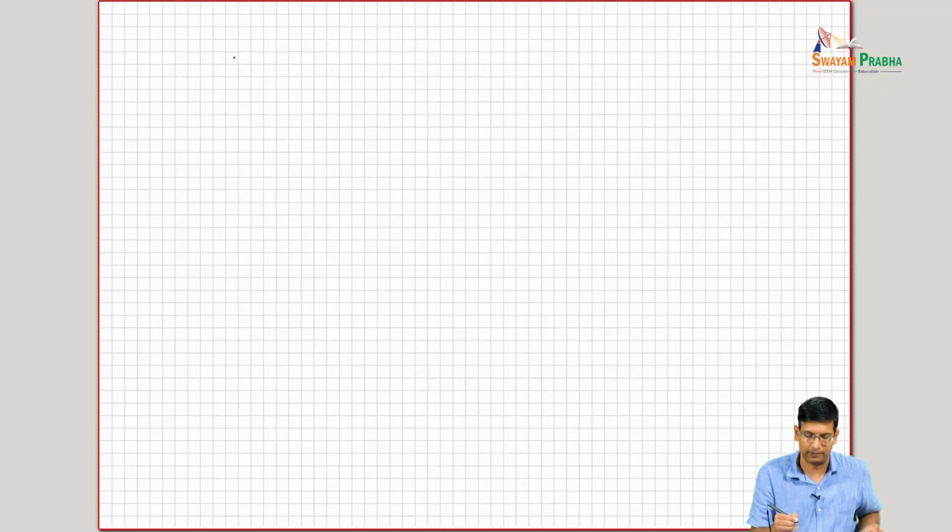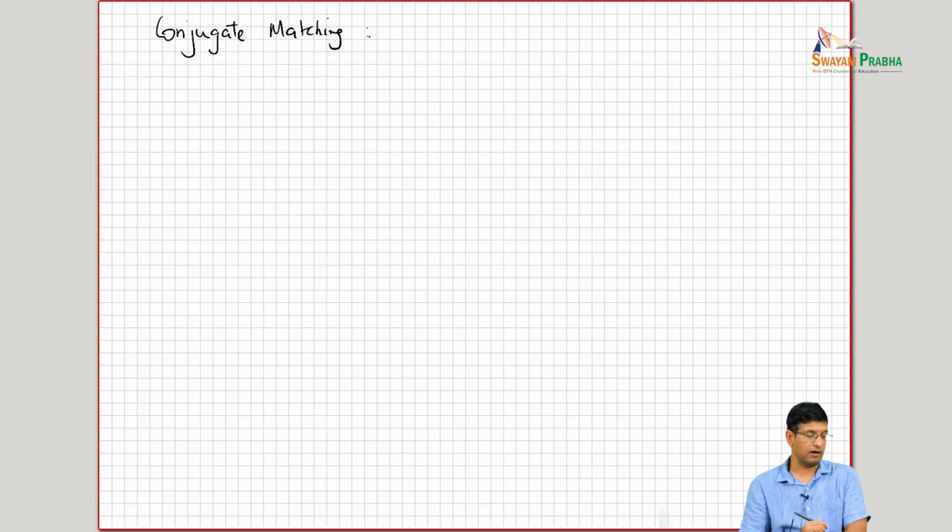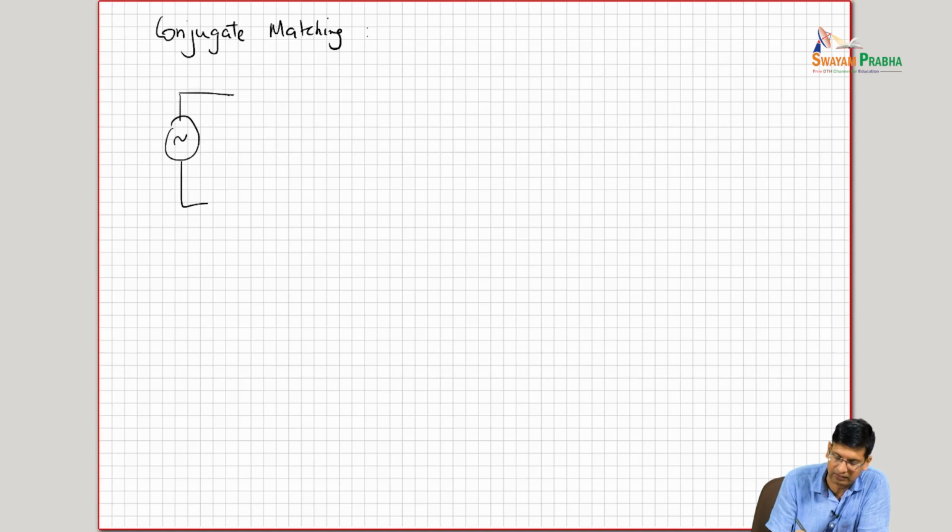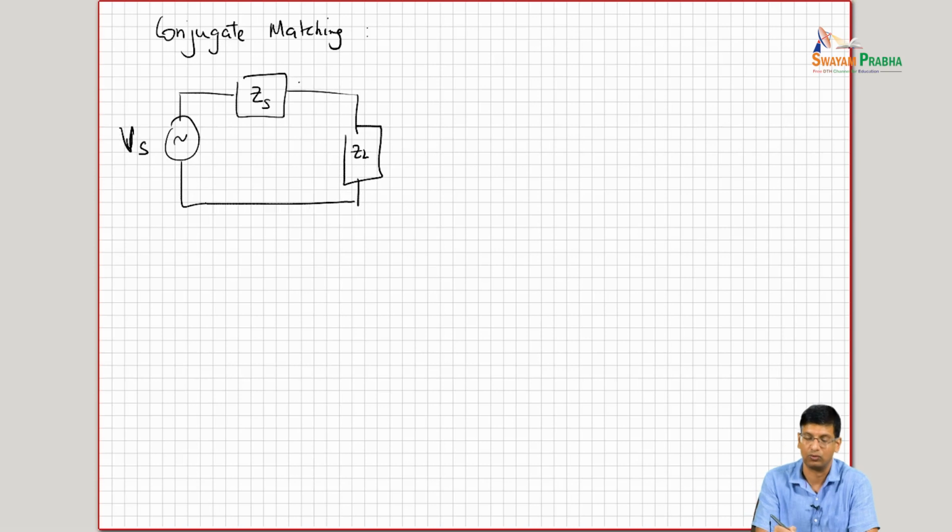The other concept that I wanted to quickly review is conjugate matching or power. The idea here is, again, we can analyze it even with simple Z, right? That we have a source which has a certain Zs, right? And we have a load which is ZL, right? And what we would like to do is transfer power from this source